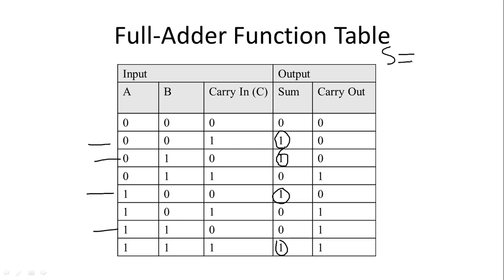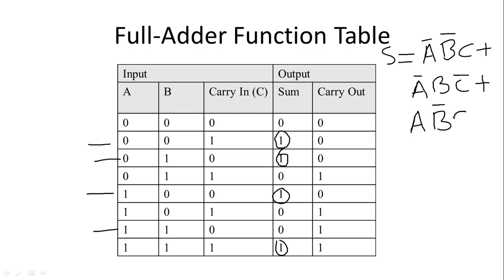The first one is 0 0 1, meaning A complement, B complement and C, plus the second one is 0 1 0, meaning A complement, B, C complement, plus the third one is 1 0 0, A, B complement, C complement,